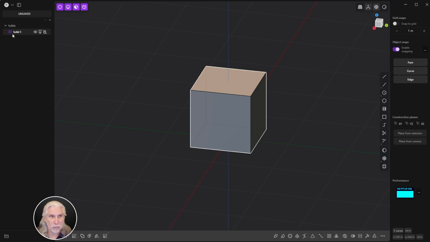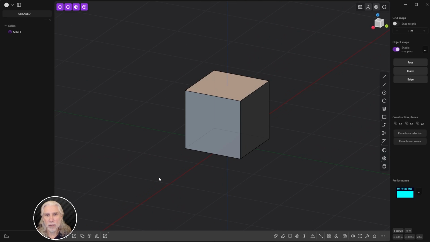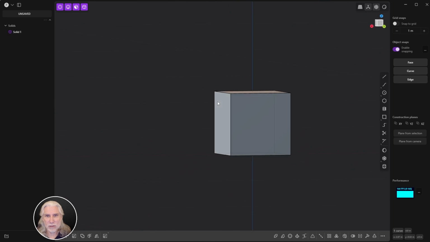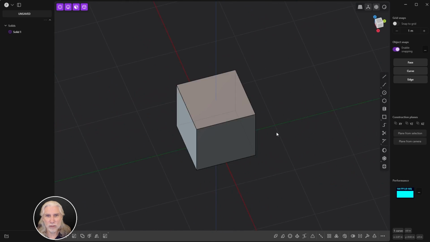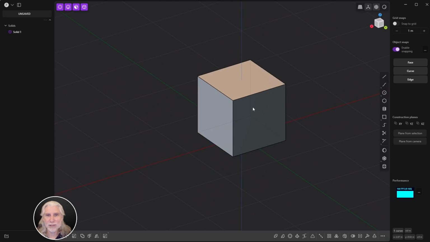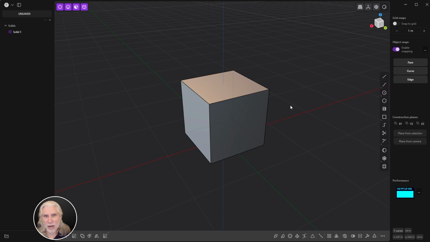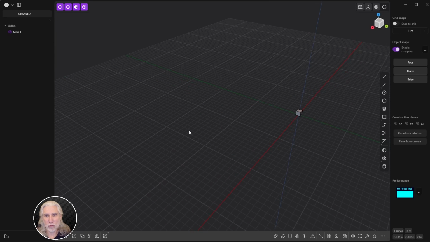So you see over here, we've got a solid, and this default cube that our scene comes with is a solid. Let me just jump back one step. Before I do that, there's this little button up here in the top left corner. You see this little grid here where it says perspective/orthographic. Now, if you're coming from a DCC, you think this cube looks a little weird, and it is sort of an orthographic view, sort of an orthographic perspective, I guess. But it looks weird to people who spend all their time in Modo or Maya or whatever. And you just click this little button to snap it into perspective mode, and that looks more like we're used